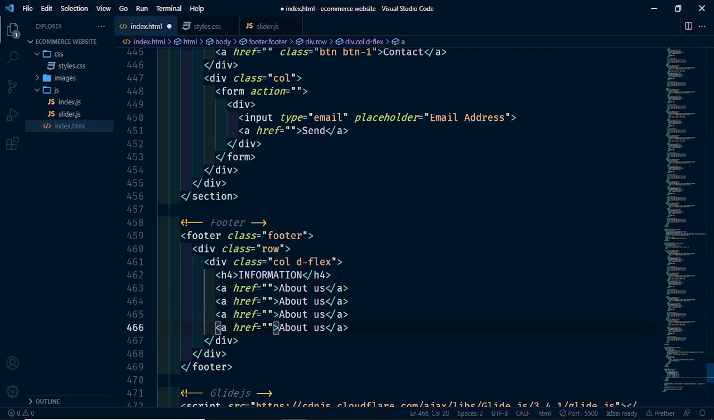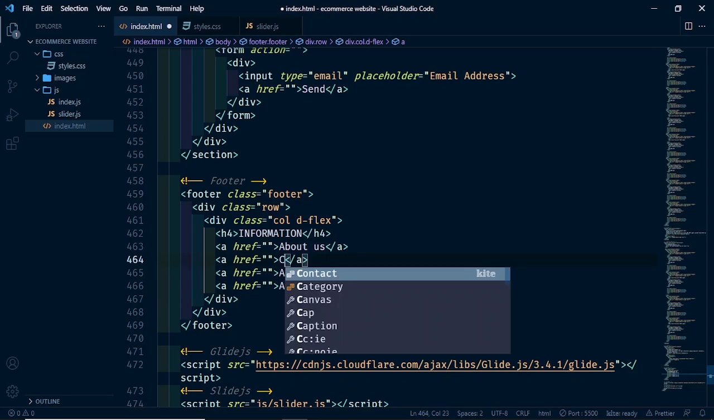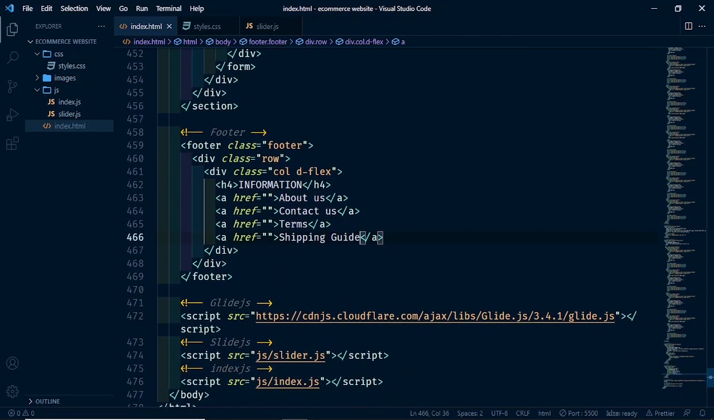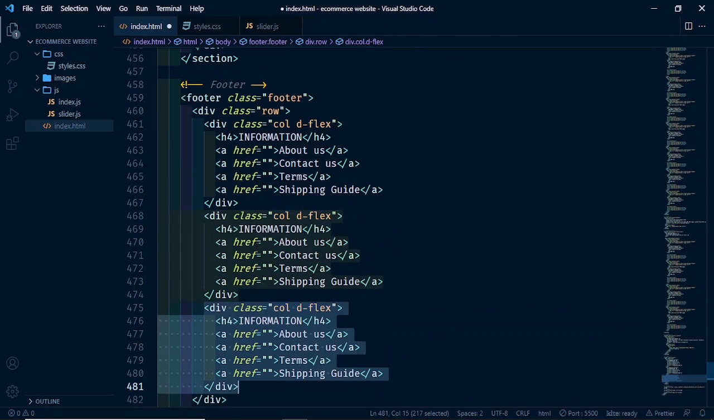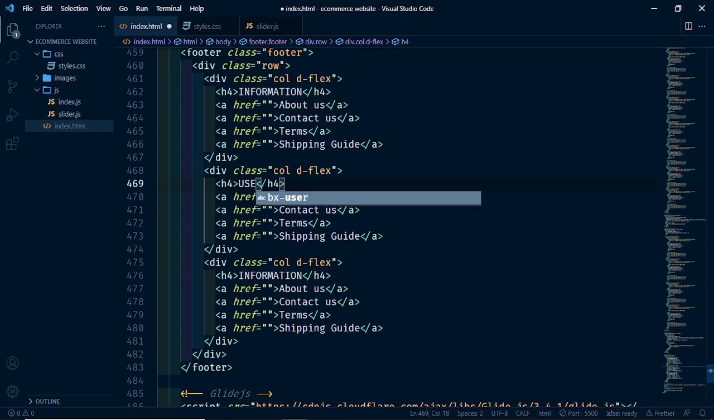Let's copy this down 3 more times and change the text of the second one to contact us. Then here we have terms. The last one is shipping guide. Now let's copy this column down 2 times, and the second column let's have useful link for the